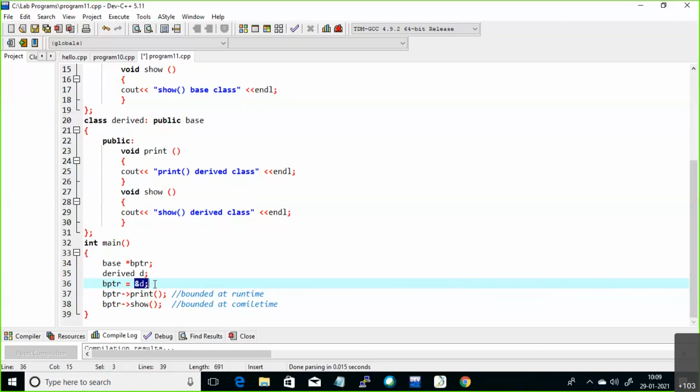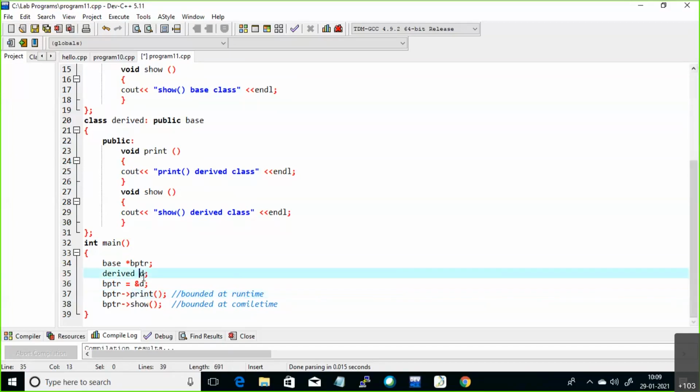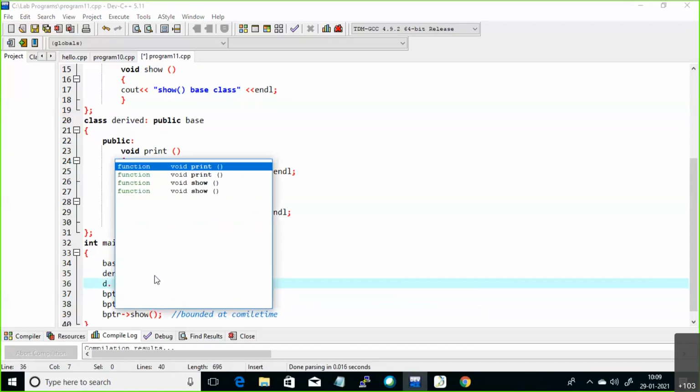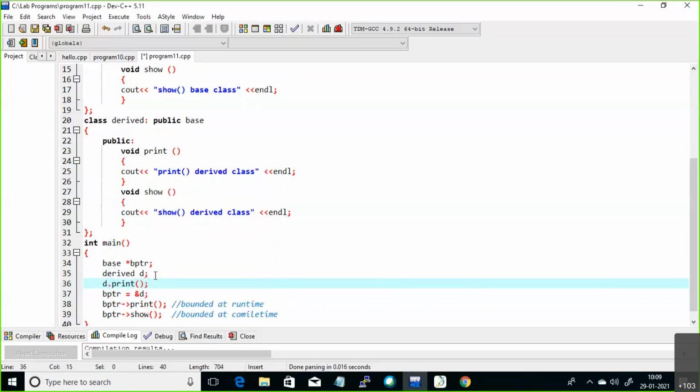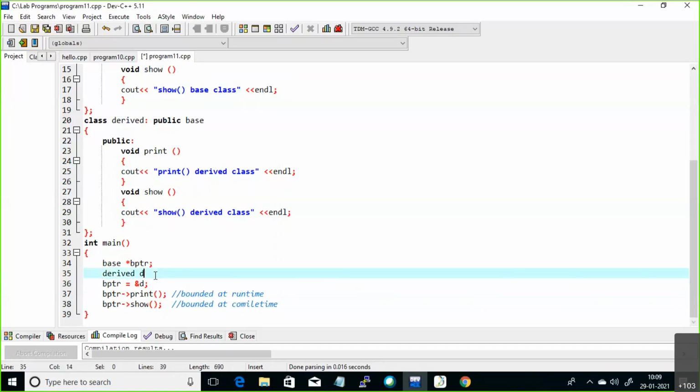To call members of a class by using a pointer, we'll use the pointer to member operator. If it is an object, you need to use d dot show or print. In this way you can call. If it is a pointer, you should use the pointer to member operator.